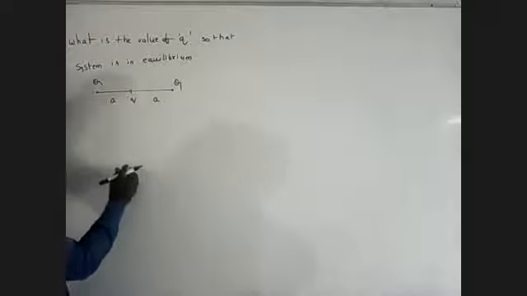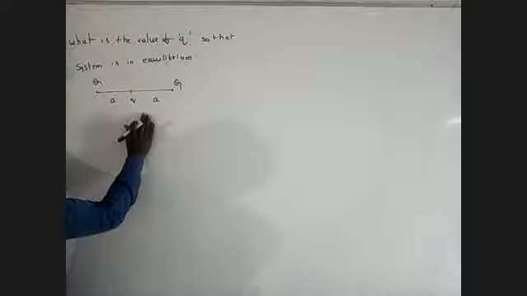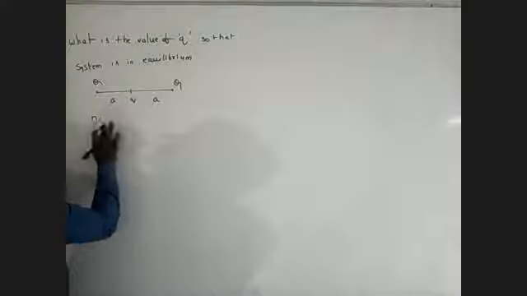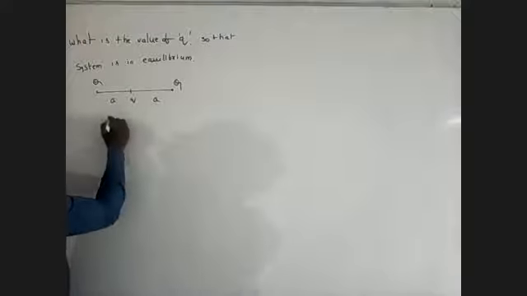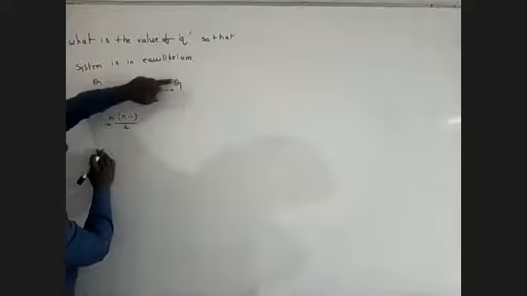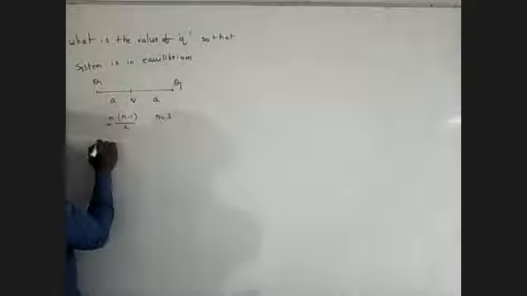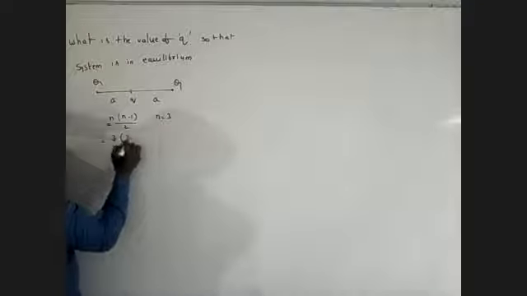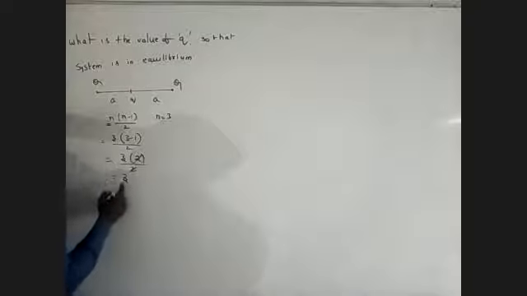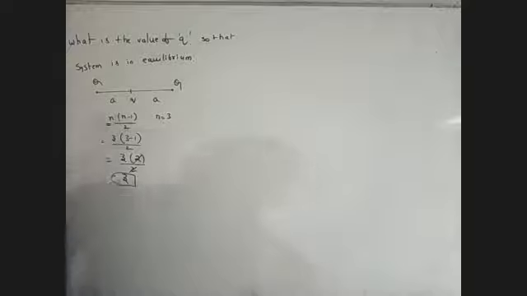Potential energy. I already told you very clearly that the system has a number of pairs, given by the factorial formula n into n minus 1 by 2. How many charges are here? 1, 2, 3, so n is equal to 3. So 3 into 3 minus 1 by 2. 3 minus 1 is 2, the 2s cancel, and we get 3. So we are getting 3 energy equations.